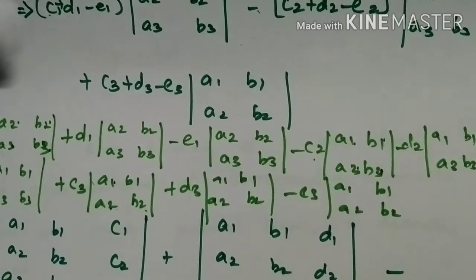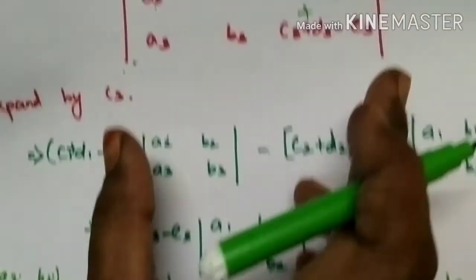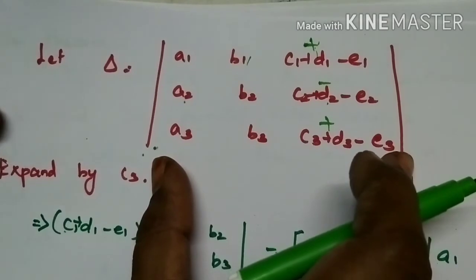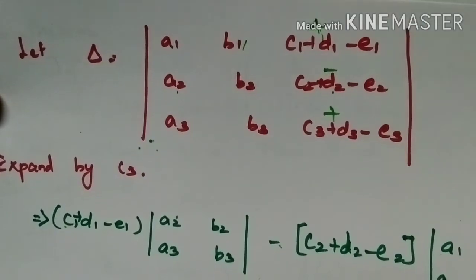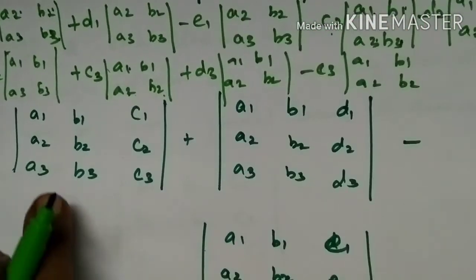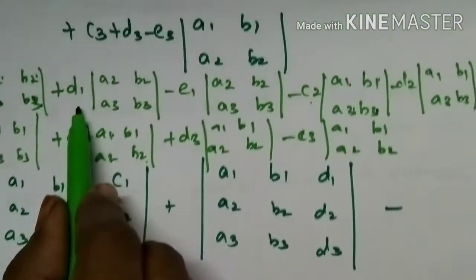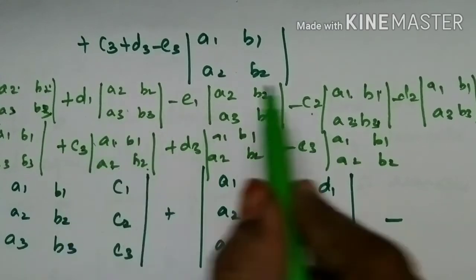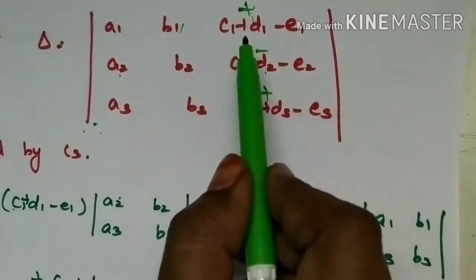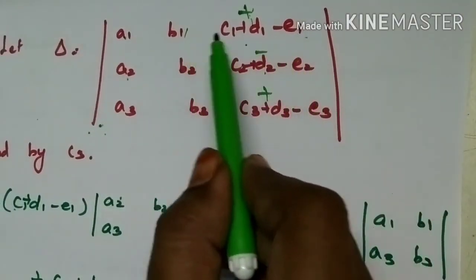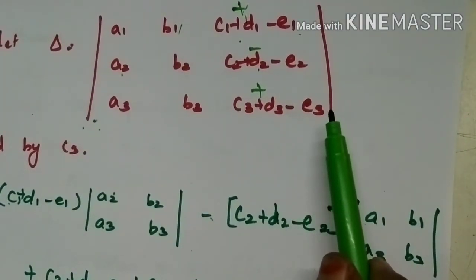So we can write each element separately by separate determinants. This is the combination of the elements of a third order determinant. It has been separated so that each element has a third order determinant value: A1, A2, A3, B1, B2, B3, C1, C2, C3. And again, if we see the D1 element, it has a cofactor of D1. It has a cofactor of D2. So we can make a separate determinant for each element of the third column: C1 plus D1 minus E1. This can be used in a problem which has a number of elements in it.